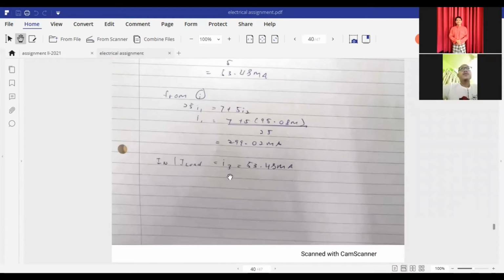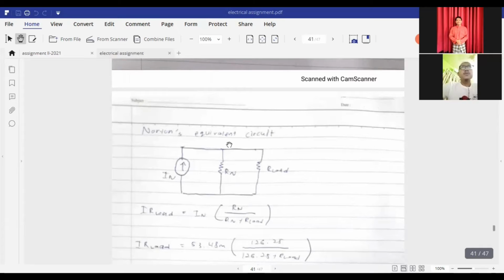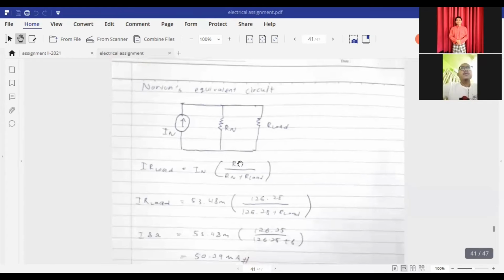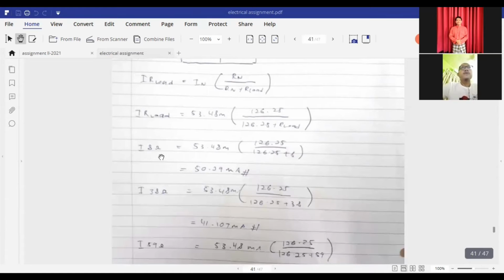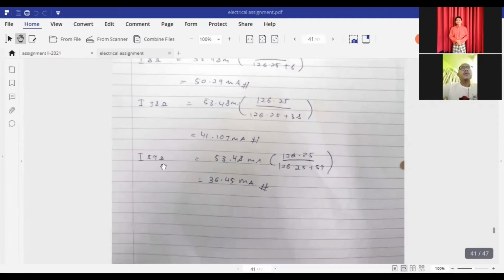For the I load, I3 is 53.48 milliampere. For the Norton's equivalent circuit, this is the formula for IR load. We get for the 8 ohm 15.29 milliampere. IR load for 38 ohm is 41.107 milliampere, and the last one for the 59 ohm we get 36.445